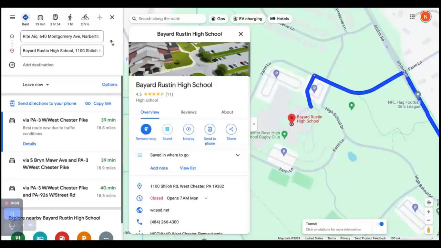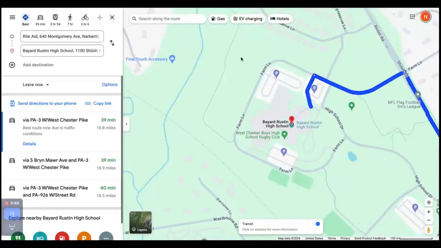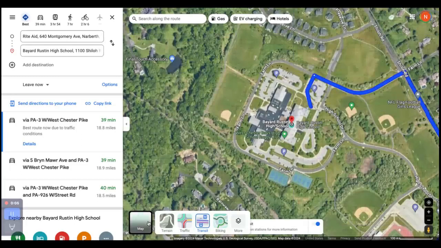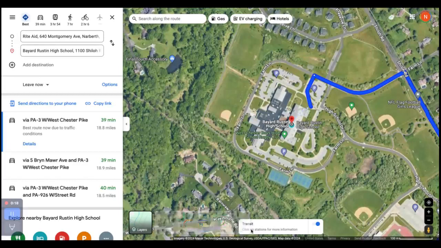We can look at the layers. So if we close out of here and we go to layers, we can see our map using terrain, traffic, transit, biking, and more. We can access the Google Maps on mobile devices, and all you have to do is download the Google Maps app on your phone, and you'll be able to navigate real time traffic updates and location